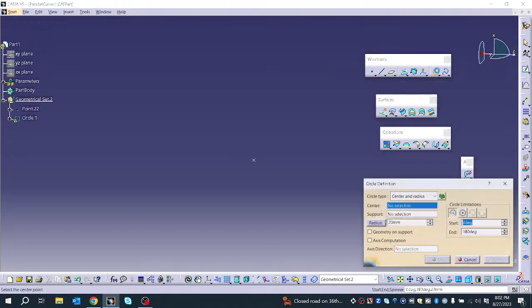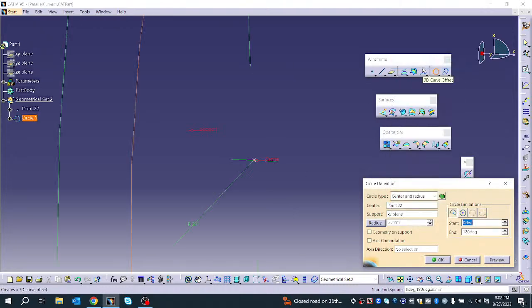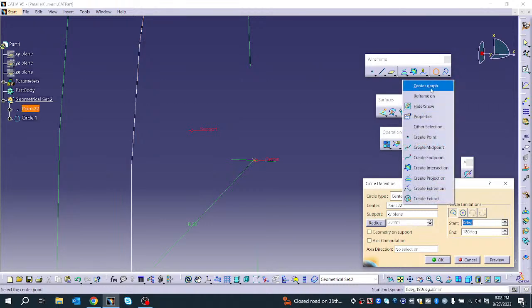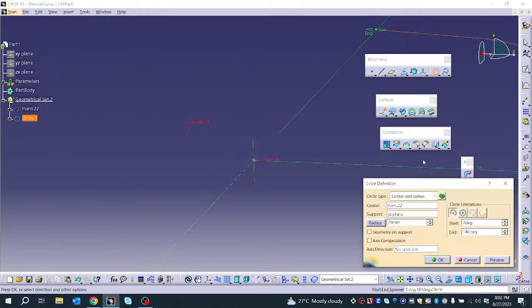Then I want to create a circle. For that I need a center point and a support plane. Let it be the XY plane. Okay, let's make it the YZ plane, YZ plane, and I want my radius